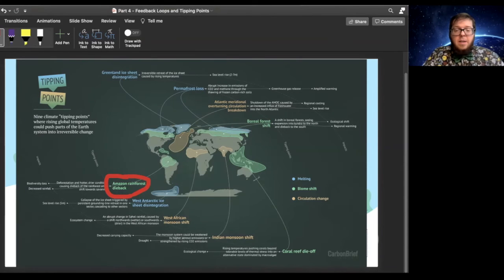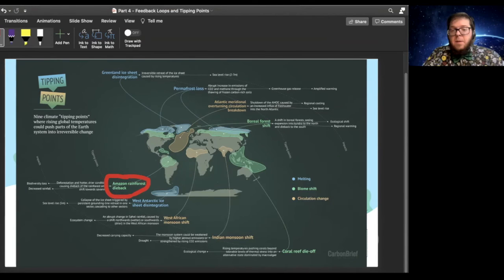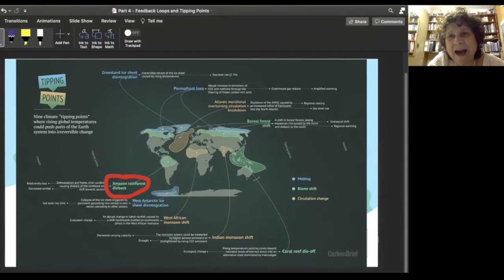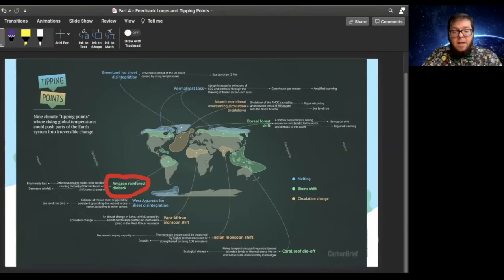I'm jumping ahead in my slides. There is a disclaimer, which is that this is not happening yet. To some degree, you don't think it's happening to some degree? It's probably happening to some degree just because humans are directly deforesting the Amazon. And logging and all the other stuff that's going on. Yeah, it's probably worse for the Amazon than all the CO2 buildup. In other words, correct. At the moment, the direct human logging is worse for the Amazon than this dieback feedback